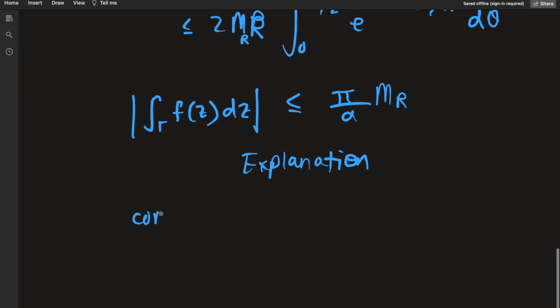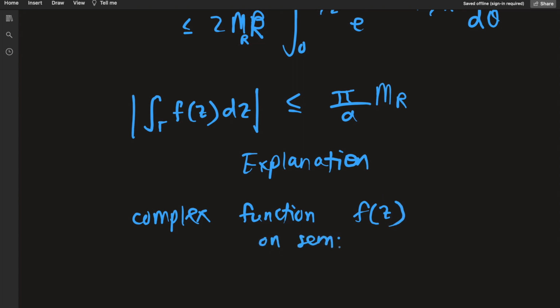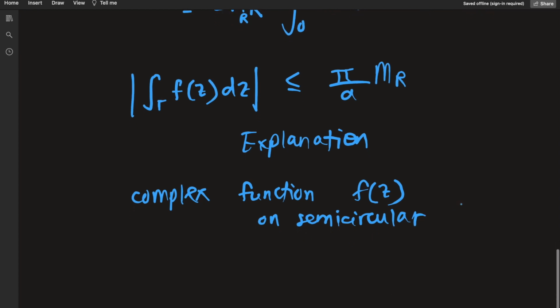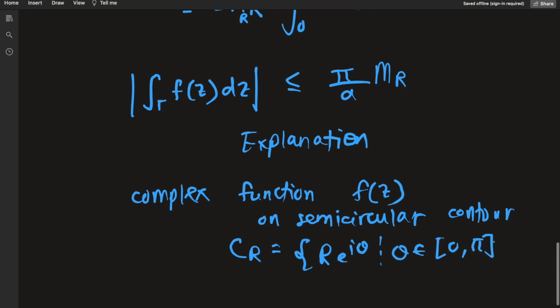It goes like, if you have a complex function f of z on some semicircular contour C_R, which is defined as r e to the i theta, such that theta belongs to the interval 0 to pi, both inclusive,